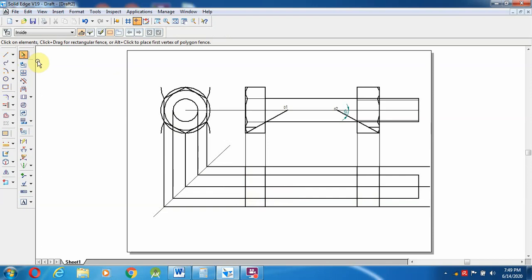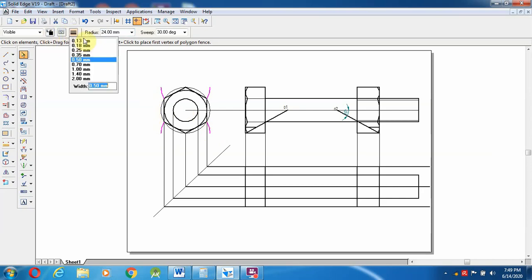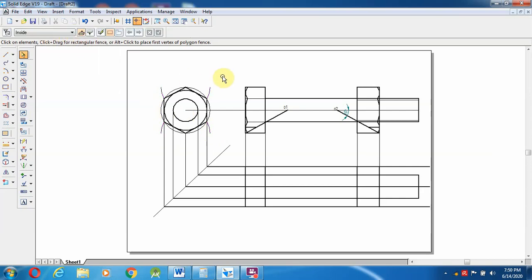So these lines are called projection lines. So I am going to make this a 0.13 mm line. Even this circle also I am going to make 0.13 mm. So this arc, everything I am going to change as 0.13 mm.